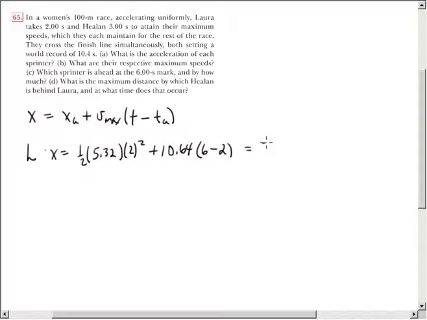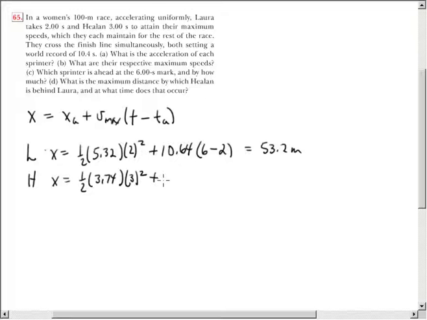And that's going to be equal to 53.2 meters. For Helene, x equal 1/2 times 3.74 meters per second squared times 3 seconds